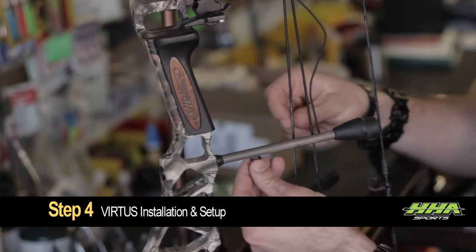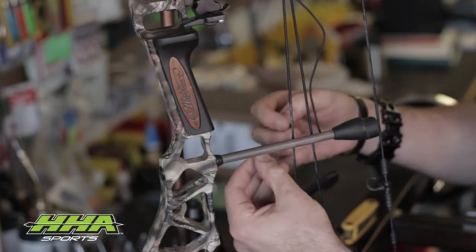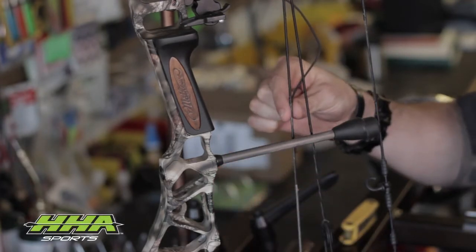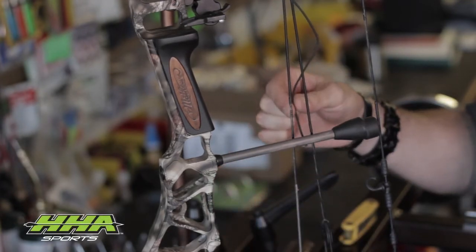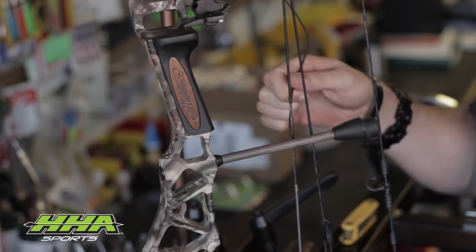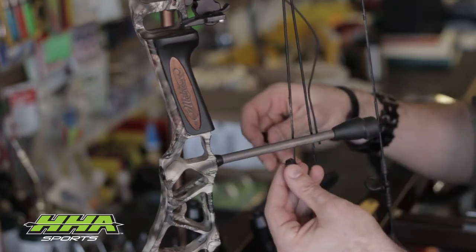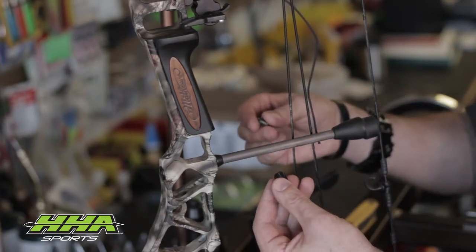And you can do this by using the provided 2-piece football clamp, or a more permanent way is to actually serve the cord into the downward cable. So if you have a bow press at home, you can split the cable and thread the timing cord through it and then serve this in. And like I said, that's a permanent way of doing it, but for ease of installation, we're going to use